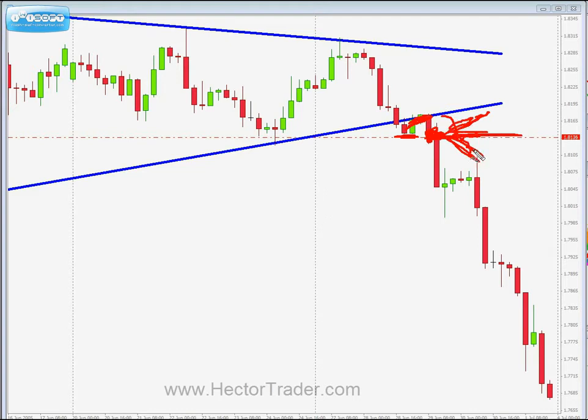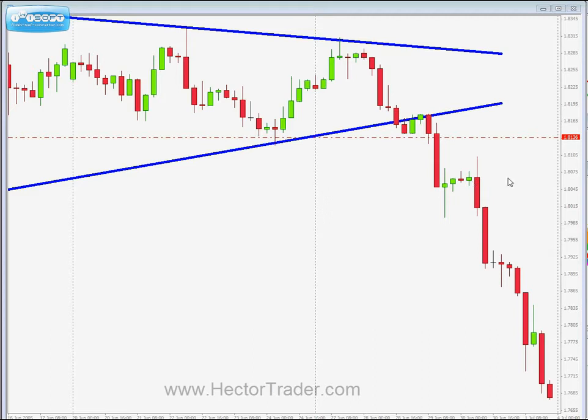Right at that level. A couple of pips is usually good enough, no need to wait any more. You've already had the confirmation in this pattern, so as you make a new low, a couple of pips below, you can enter short in the trade, knowing that you're taking a high probability trade